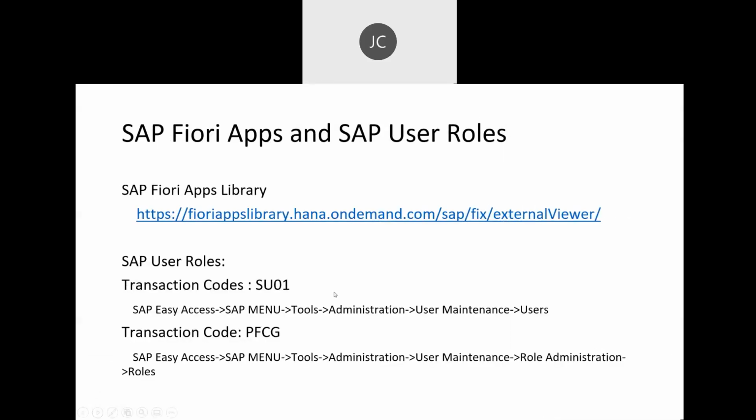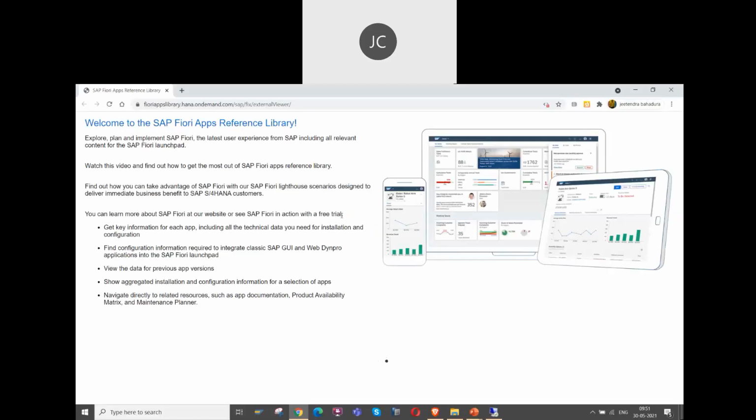And here, as I'm talking about roles again and again, there is an SAP Fiori apps library, right? Where I just want to show you some apps, but it's not working. Anyway, let me quickly take you through this library. This is freely available to all of us. Any Fiori app, if it's not shown, you can come and check. If it is not available on your screen, I think because of the server it is slow or something.